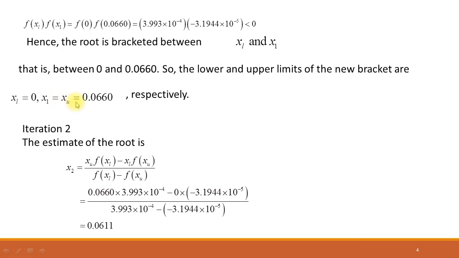So the lower and upper limits of the new bracket are xl equal to 0 and xu equal to x1, which is 0.0660, respectively. For the next iteration, again using the formula x2 equals xu f of xl minus xl f of xu, divided by f of xl minus f of xu. This is the value of xu, and this is the value of the function at xl, minus the value of xl, which is 0, multiplied by the function value at xu, divided by the function values at xl and xu, and after simplification